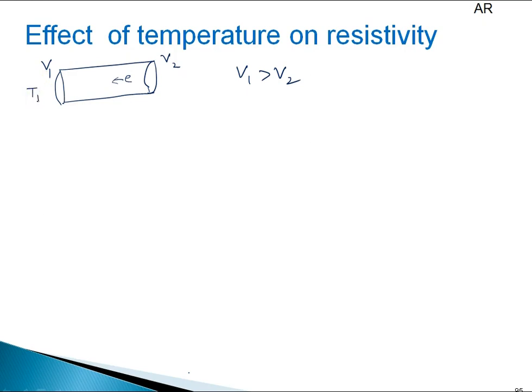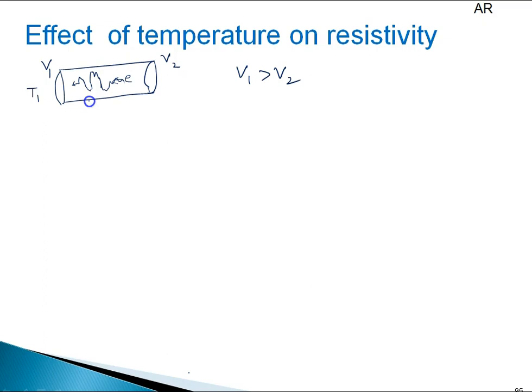T1 is any temperature. Again I will say this electron will not move in a straight path, but it will move in an irregular fashion or irregular path, like this. This random path will be like this. Why? Because of the continuous collision with neighboring electrons due to the thermal agitation.